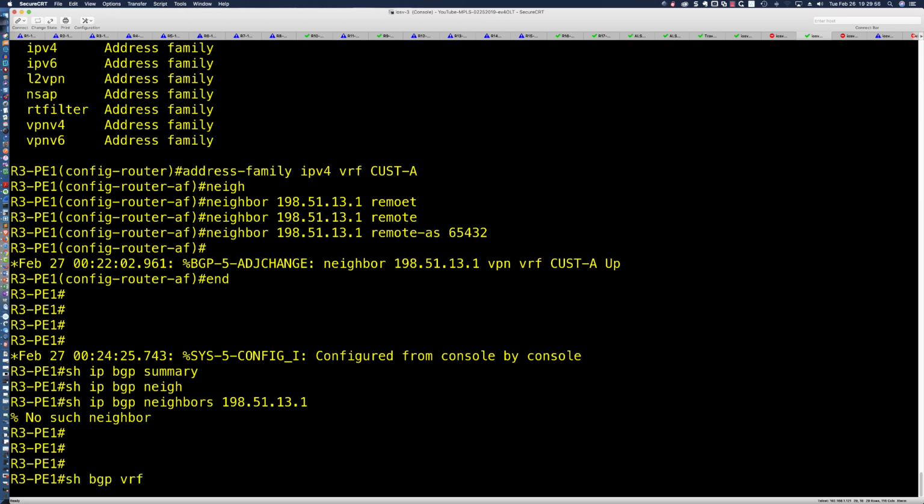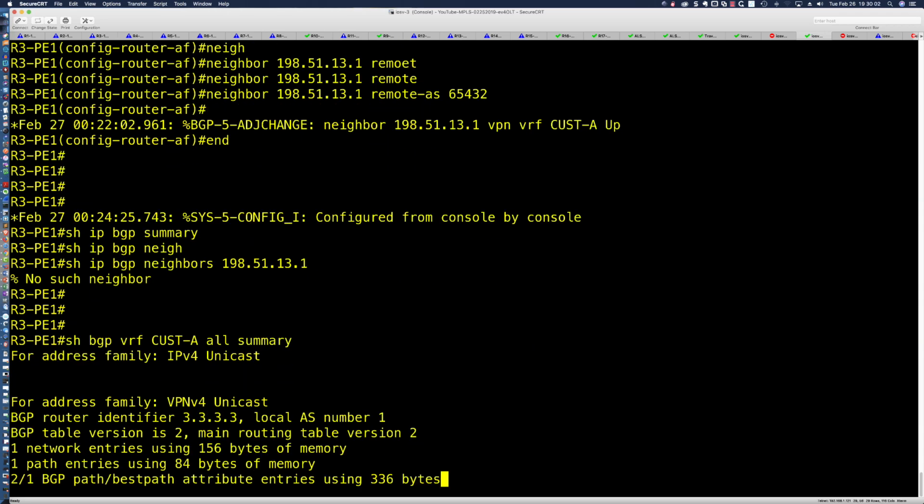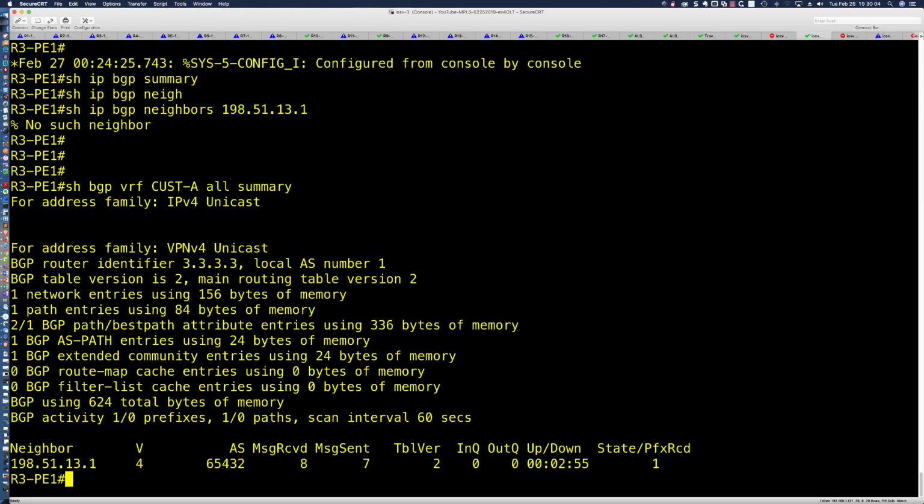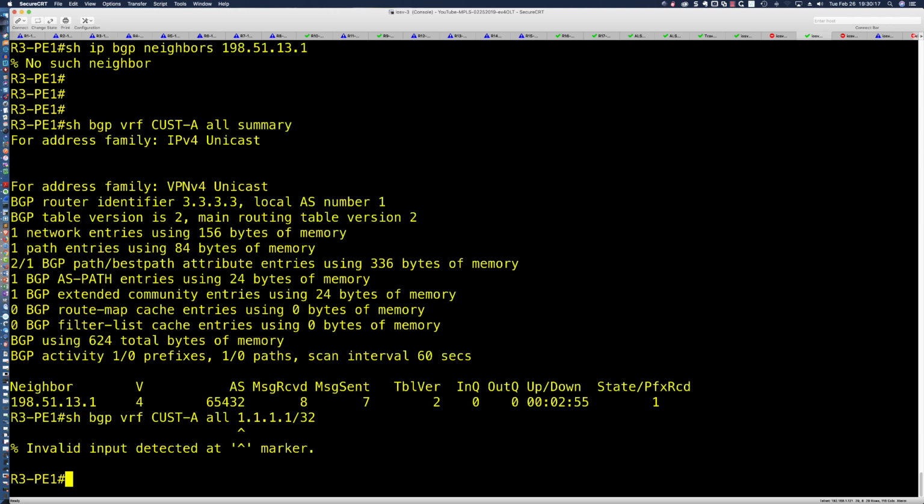So we're going to say show BGP, and again the VRF name is right up front, customer A, all, and let's try summary. Aha! This is where I'm seeing that information, right? And you can see here prefixes received is 1. And it just so happens that that prefix, if I was to say 1111/32,